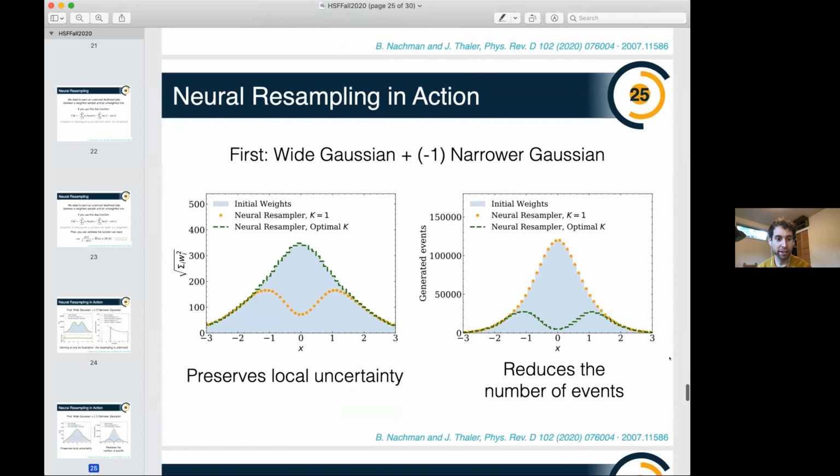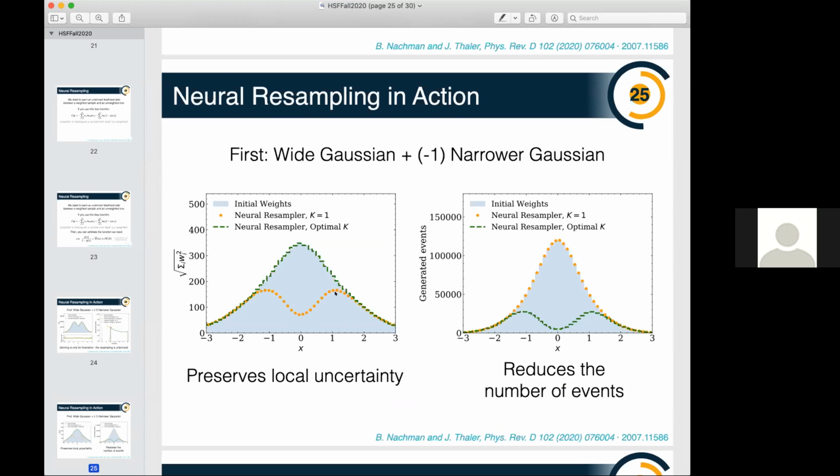I think this is shown very nicely on slide 25 that I'm showing here, on the left plot. The orange is if you set all the local weights to be the same, so you don't throw away any events. And you see that you underestimate the uncertainty locally compared to the right answer. The right answer has a bigger uncertainty, larger fluctuations. So it's really important that you multiply the weight by some bigger value, and you'll get exactly the right fluctuations that should be representative of your sample. Okay, thanks. I didn't quite follow it the first time you said it, but now it's clear.